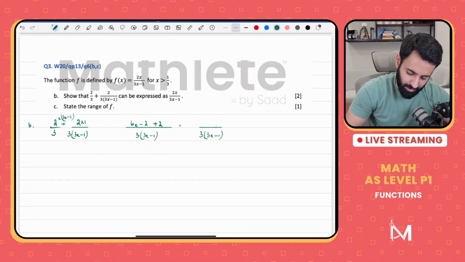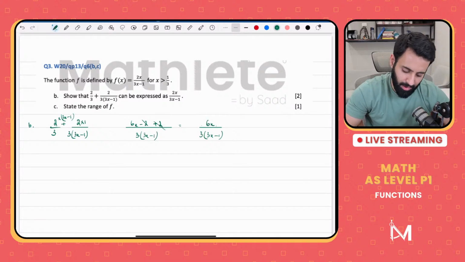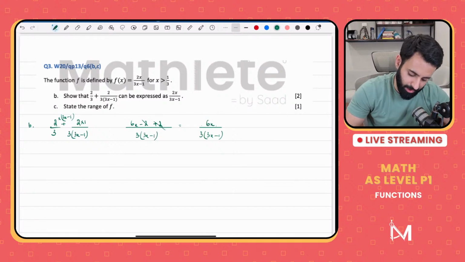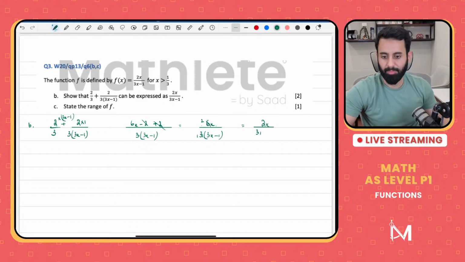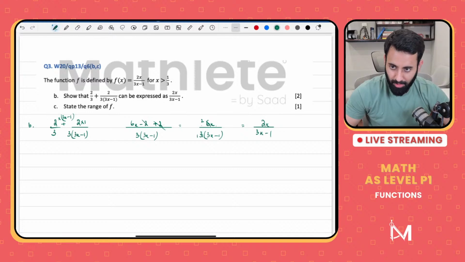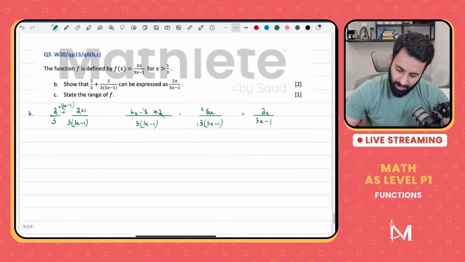Minus 2 plus 2 cancels. So it's going to be 6x over 3 into 3x minus 1. And then we can simplify. 3 2s are 6, and 3 1s are 3. And we are left with 2x over 3x minus 1. Okay. Yeah, you're right. Now what we're going to do is part C, which says